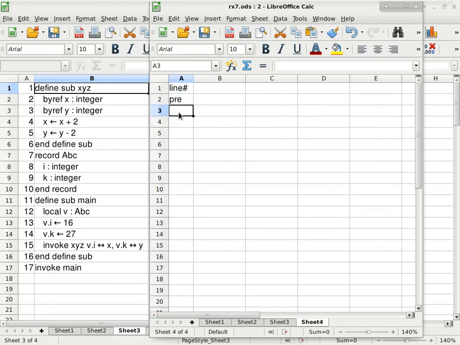So what we'll do next is to start execution on line 17, and we are invoking main. Main has a local variable called v, so we have to allocate the columns for v, not a single one, because v is of the type ABC. ABC is a record that has two members. So that's why v is going to occupy two columns. The first column,